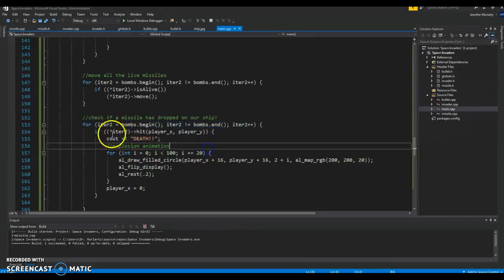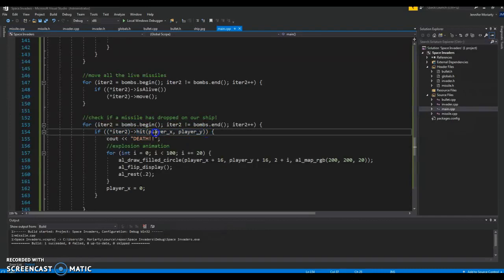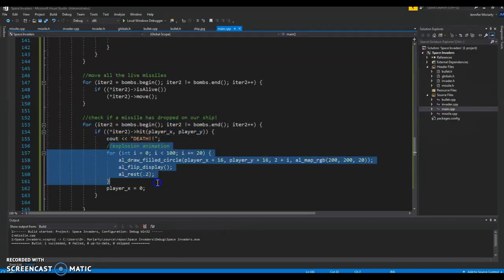We're going to check and see if its position is overlapping with our position. So remember, hit is a function belonging to class missiles. So we're just saying, hey, look at the missile you're pointing at, call the hit function on it, pass that function our player's X and Y position, and if it returns true, we're going to run this explosion animation,